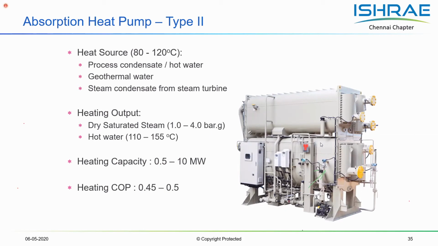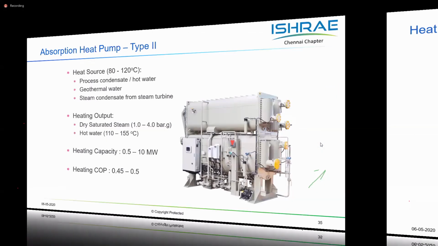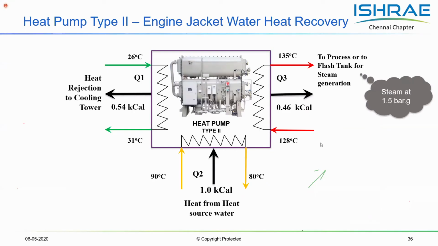Look at this example where you have waste heat at 90 degrees Celsius, and you are supposed to cool it to 80 degrees Celsius. If you feed this heat into an absorption heat transformer, you can convert nearly 45 to 50% of the heat and generate hot water at higher temperatures, something like 130 to 140 degrees Celsius. The remaining only needs to be rejected to the atmosphere. So 50% is the potential recovery, and the recovery is not at lower temperatures but at higher temperatures. That makes the proposition sweeter.